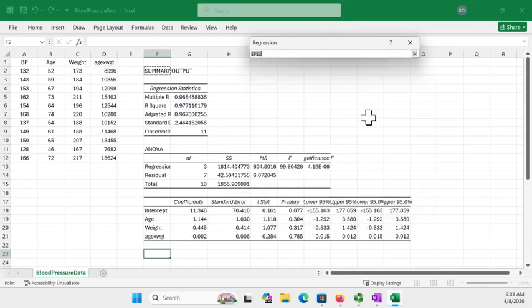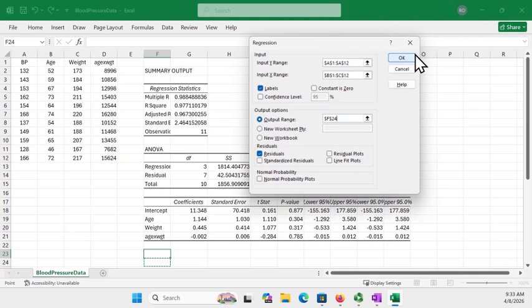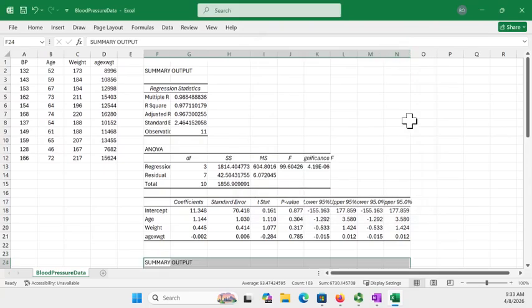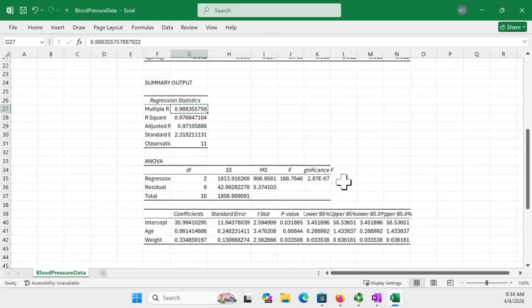And I'm going to put it down here, somewhere where it won't write over my previous results. I'll still get the residuals, but now I've got two variables. Look at the R square,